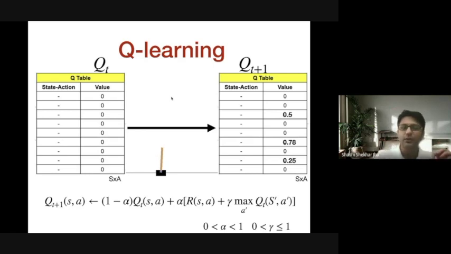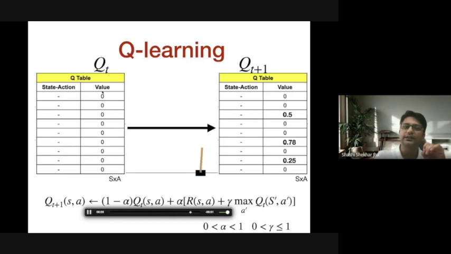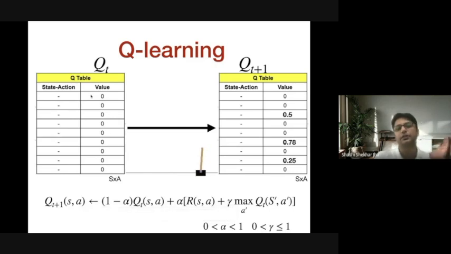In Q learning, we are basically maintaining something called a Q table of all possible state action values. What will be the size of this table? It will be S cross A. That is the number of entries possible in this table. Let us initialize all these state action values with 0. So initially, we create a Q table and put all the values in the Q table as 0. Then what do we do? Well, we execute one action in the environment.